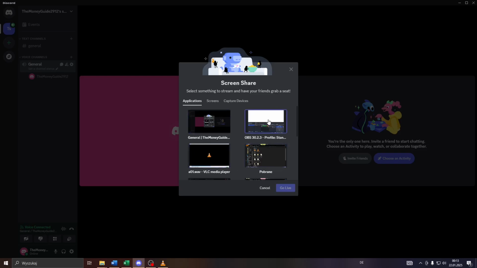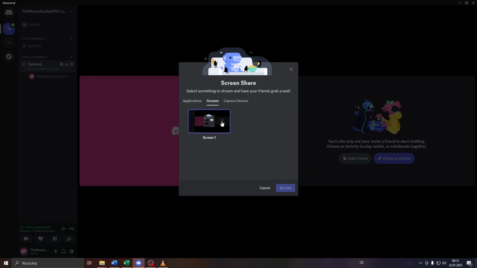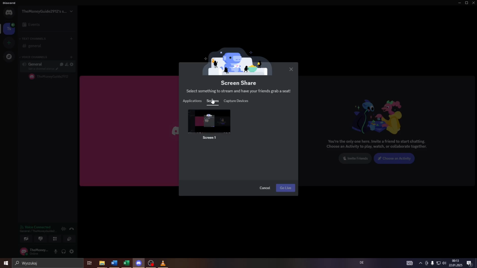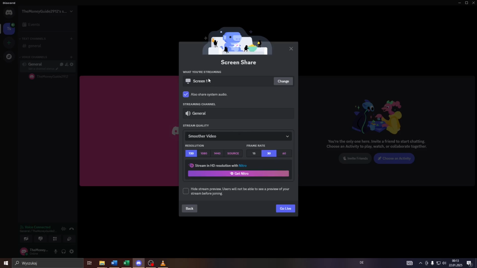So you can go, for example, with an application listed below, or simply go to screens. That's probably the most frequently used option. You may also go with capture devices, though for the sake of this tutorial, I'm going to go with screens, select the screen below, and that is going to open up that option or setup menu here, where you'll be